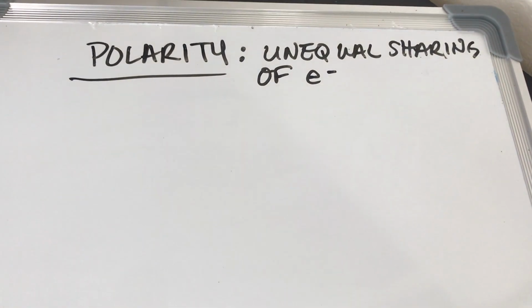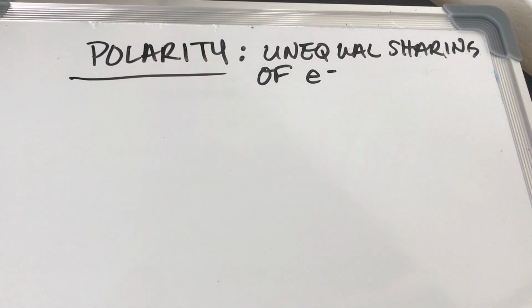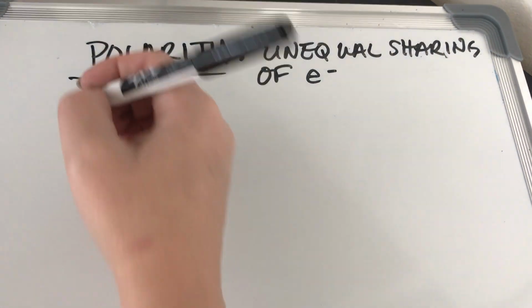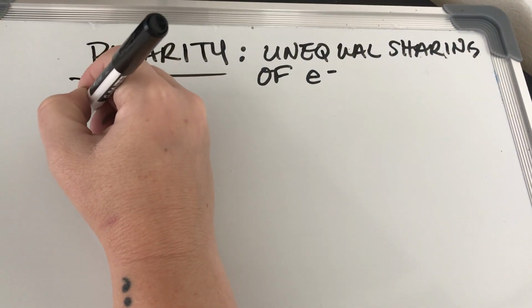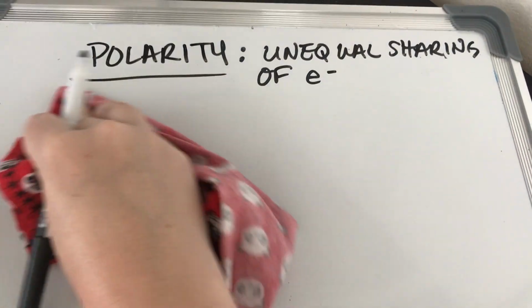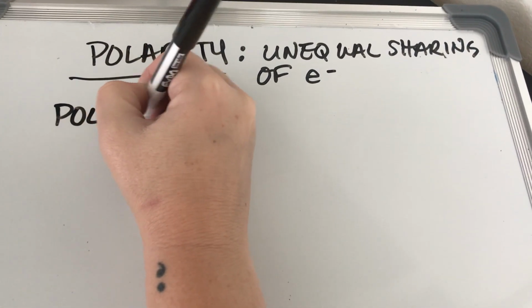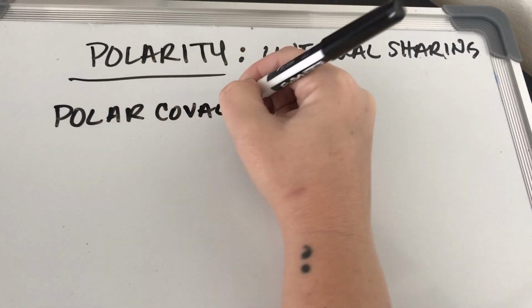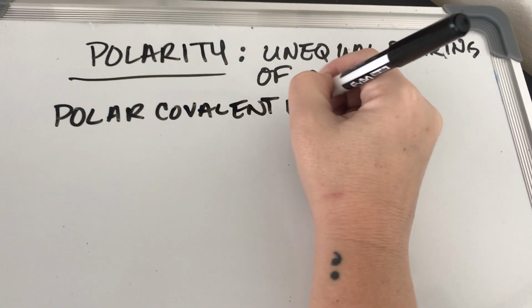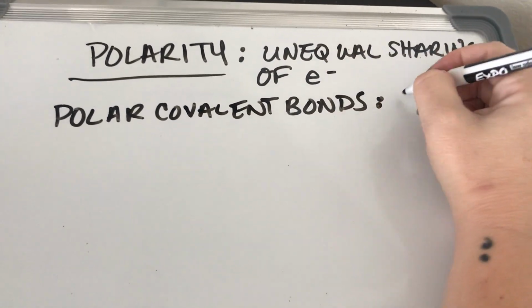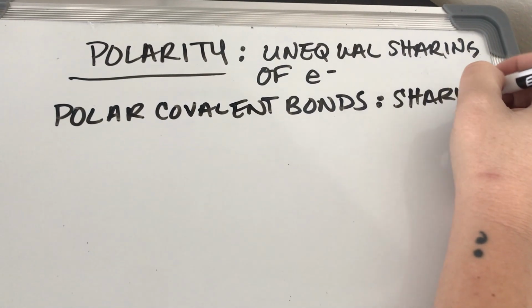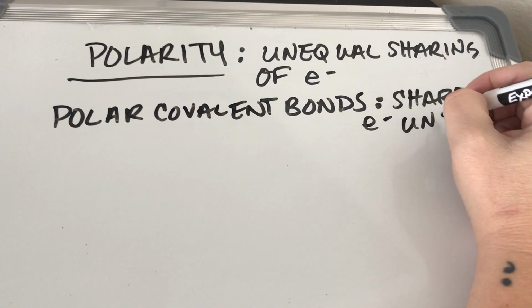We talked about covalent bonds as being a shared electron bond, right? But that sharing doesn't always have to be equitable sharing. So we can have polar covalent bonds, which share electrons unequally,